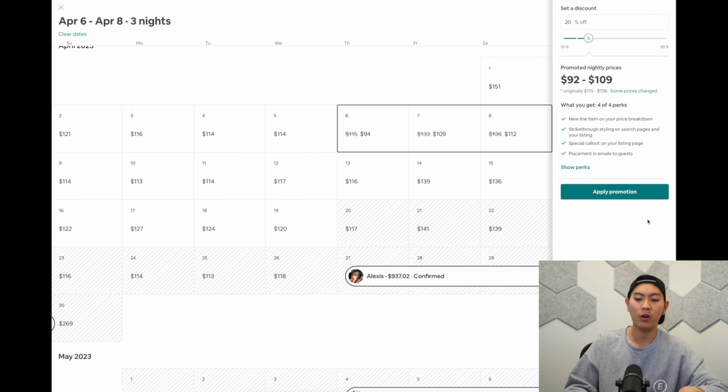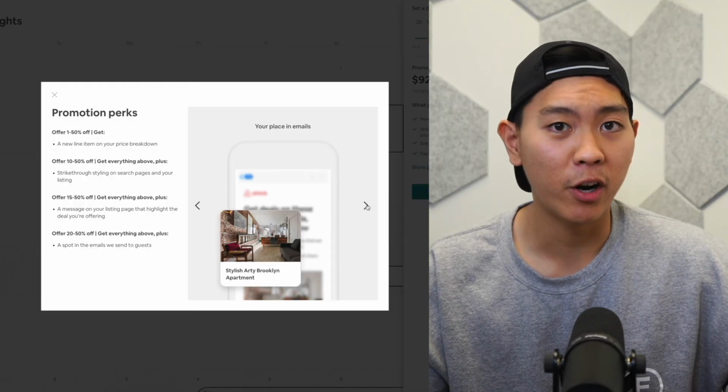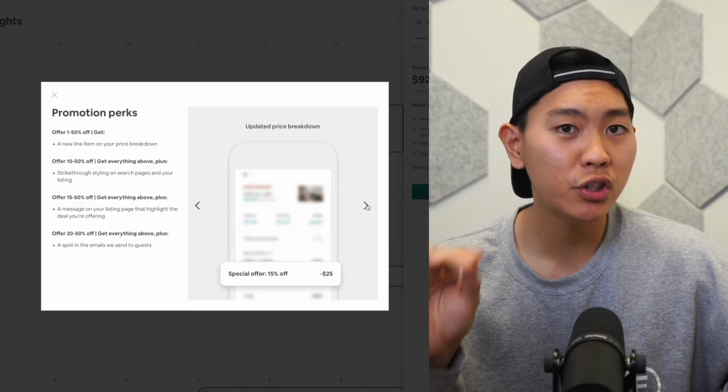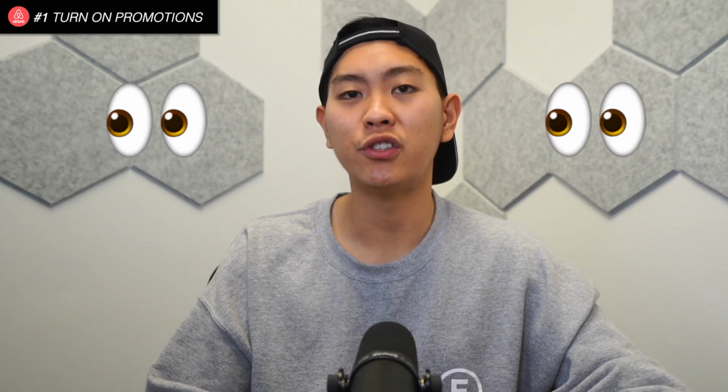But this is the key where you're going to attract more people, as it's going to be a lower price. There was a statistic, an article from Airbnb, saying that Airbnb is pushing out listings that are cheaper for guests. So dropping your price a little bit has a better chance of getting more impressions from other people. That's one thing you should do, and this is really critical if it's your first listing. But for those of you who say, hey, I don't want to give my guests 20% because it seems like I'm not going to be making money,